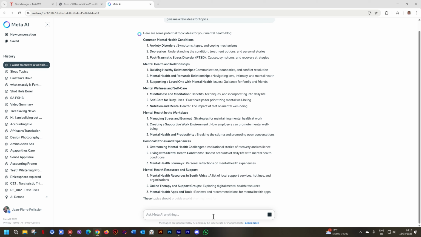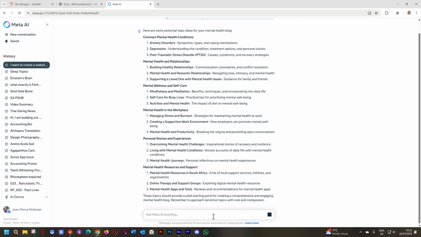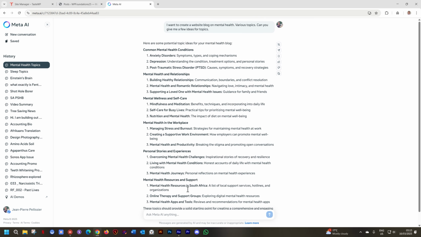And you are telling me, JP, I know about AI, probably I've used it, but I want to show you how I work within one thread, and how smart the AI is, knowing that you are working with one website and later on can create many articles. Then here we go to anxiety symptoms. So it says common mental health conditions, anxiety disorder symptoms.